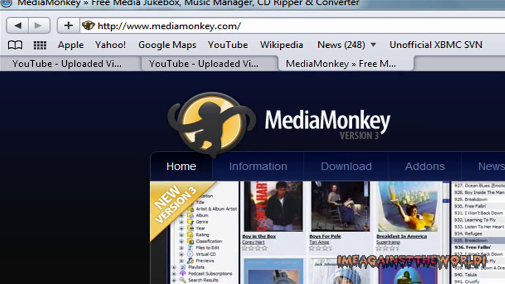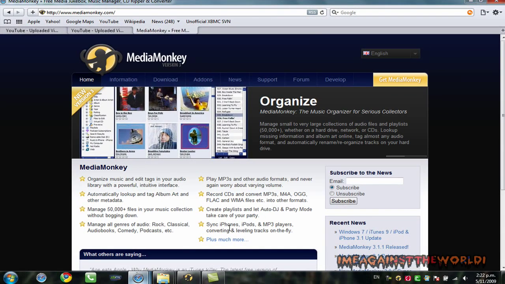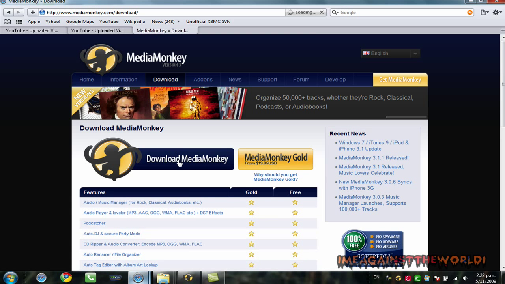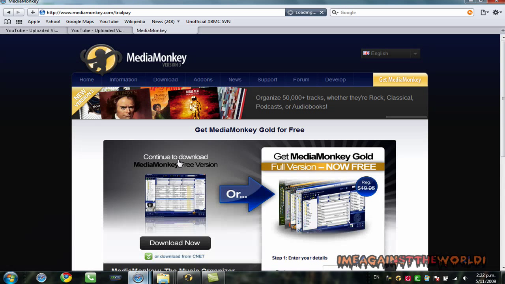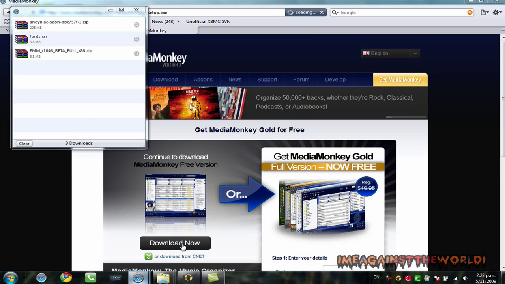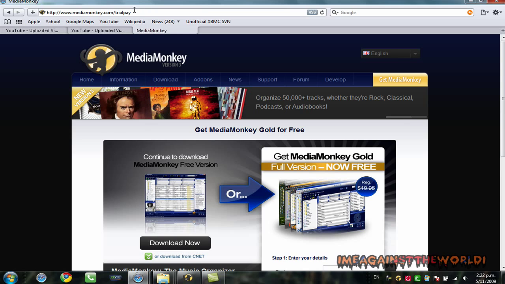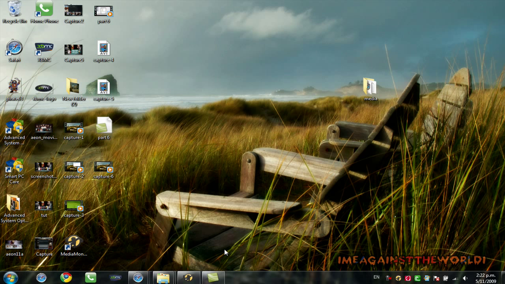Alright, so this is the web page. You can see the address there, and all we want to do is click on download and download Media Monkey, and download now. I've already downloaded this and installed it, so I'll get you to download it, install it, and what it is going to do, it's going to ask you where your music's saved. So when you get to that part of the install, just show it where all your music is saved,